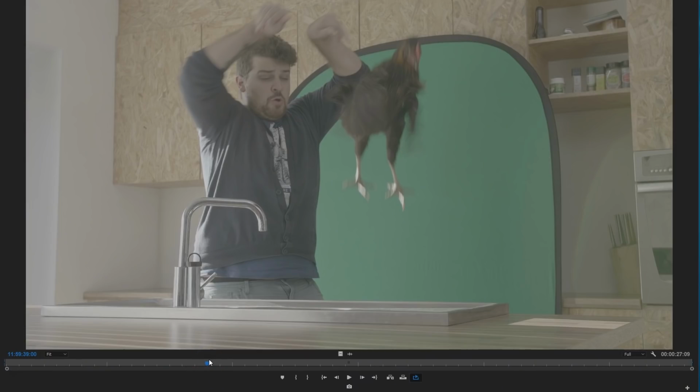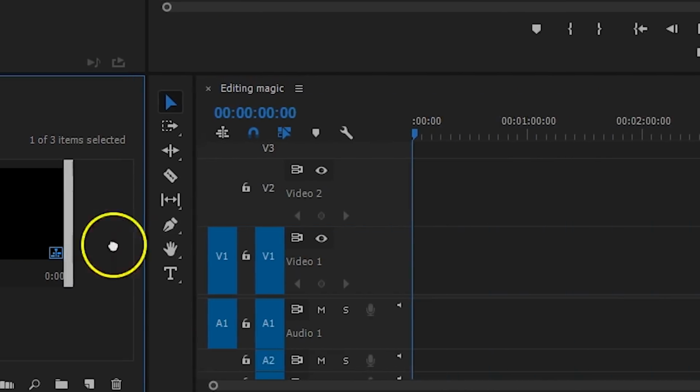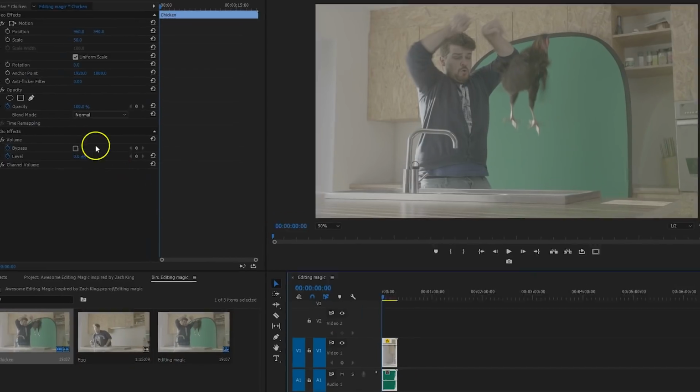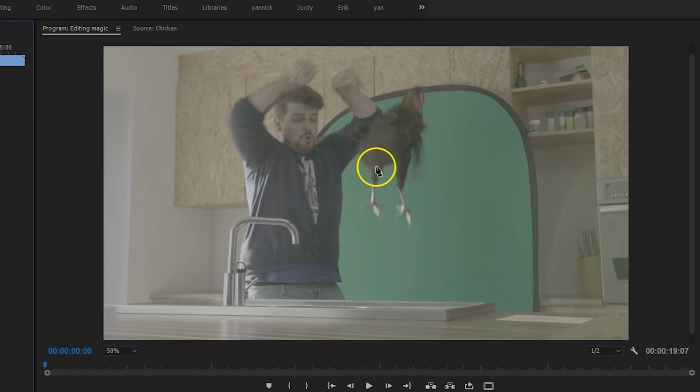Now let's bring all of our shots into Premiere Pro. Let's start with the shot of the chicken. Set an in point just where it's falling and drag that piece through your sequence. Under opacity, I select the pen tool to create a mask around the chicken. In the first frame when the chicken is falling, I only mask its legs.